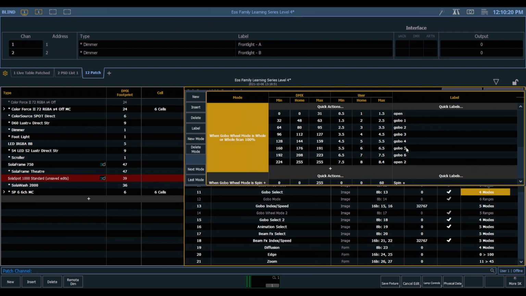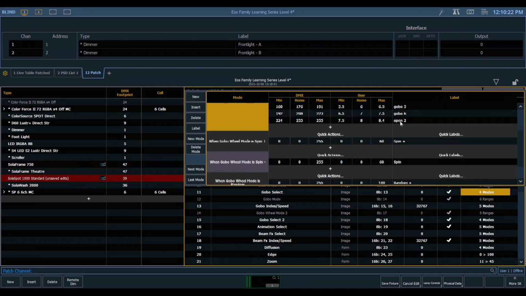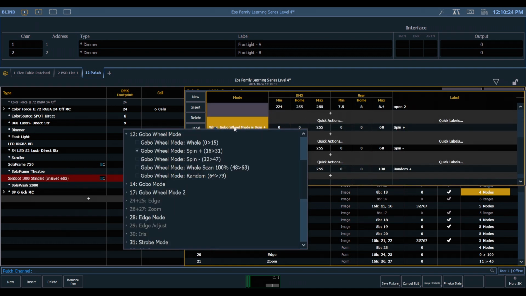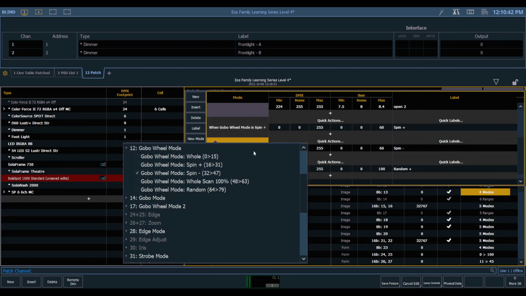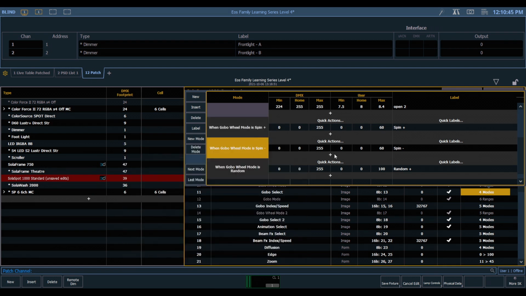We can go to these gobo slots. If gobo wheel mode is in spin positive, then it's going to send the DMX address in this range, which is just 0 to full, and the user actually sees 0 to 60. If it's in spin negative, it's going to do the same thing, but it will spin backwards. And same for random.